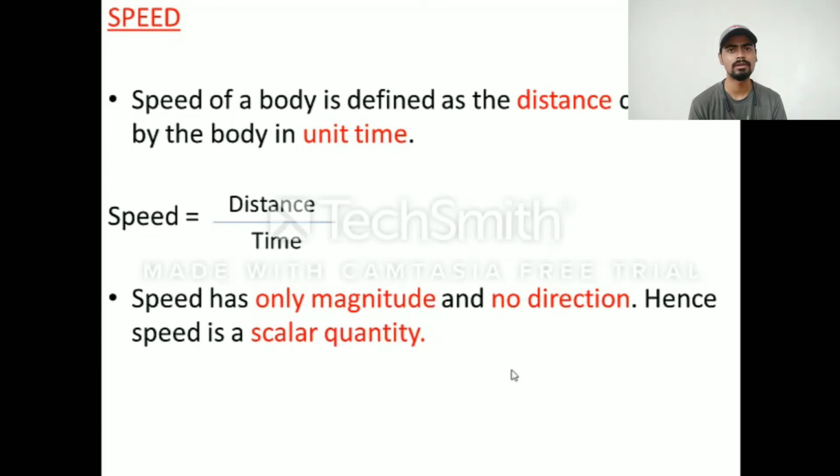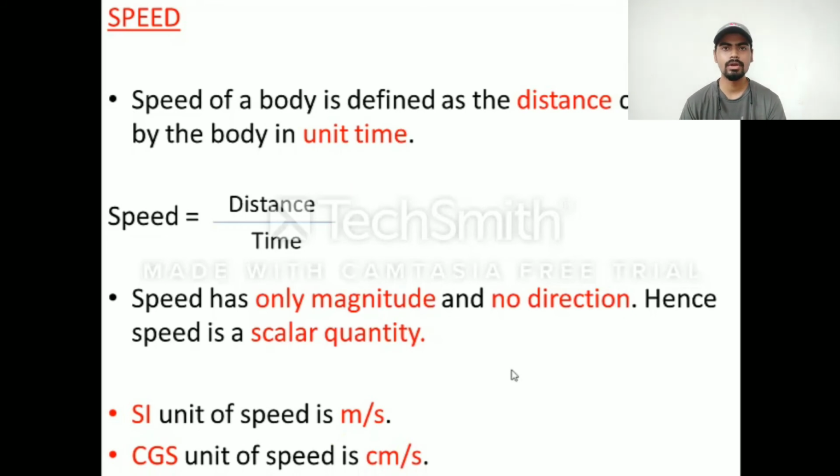A scalar quantity doesn't give you information about direction, while a vector quantity gives information about direction. So in scalar you get information about magnitude but no direction, while in vector you get both, magnitude and direction. So don't get confused between scalar and vector. If you still have any doubt, just rewind it and make sure that you are clear with the concept. Vector gives both things, magnitude as well as direction, while scalar gives only the magnitude.